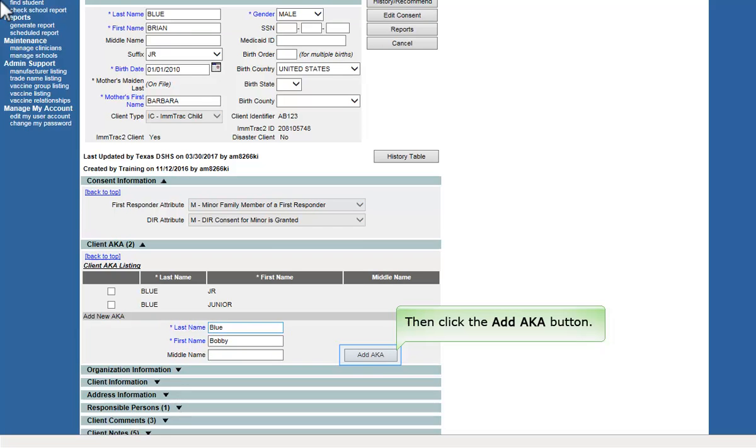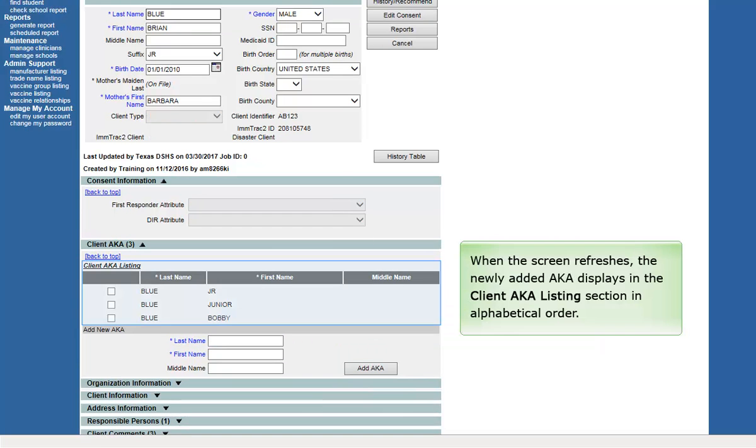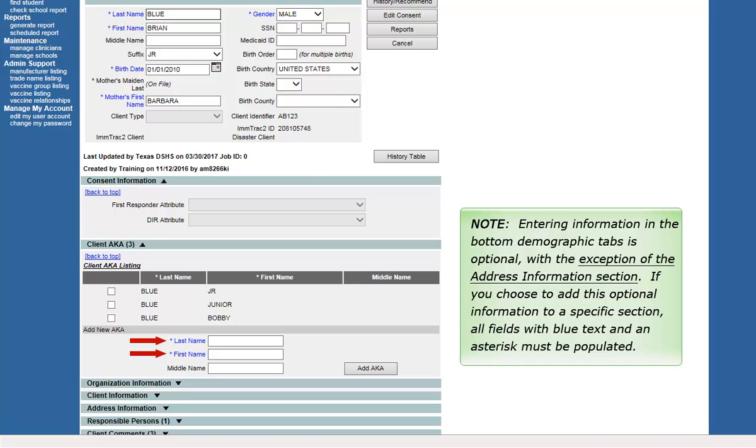Then click the Add AKA button. When the screen refreshes, the newly added AKA displays in the Client AKA listing section in alphabetical order. Note: entering information in the bottom demographic tabs is optional, with the exception of the Address Information section. If you choose to add this optional information to a specific section, all fields with blue text and an asterisk